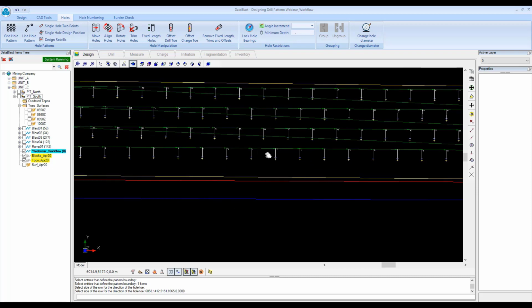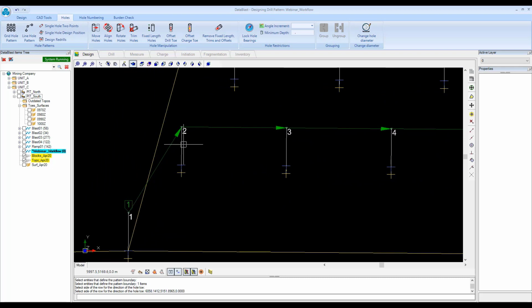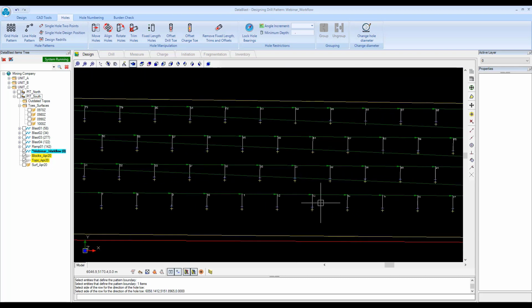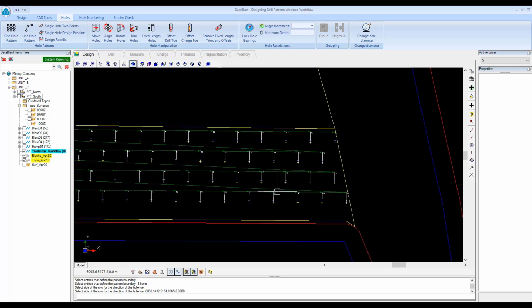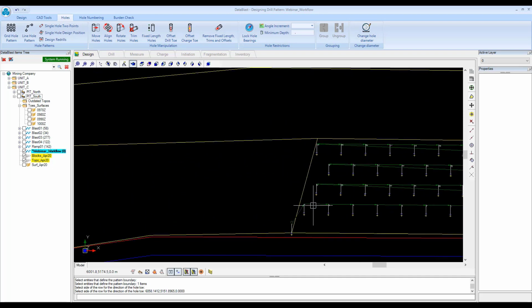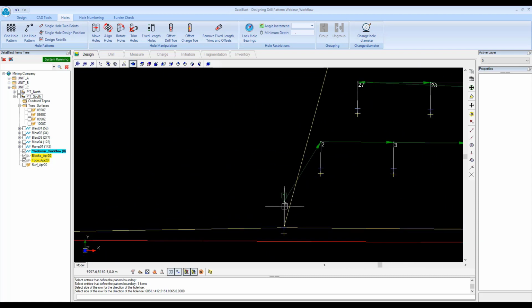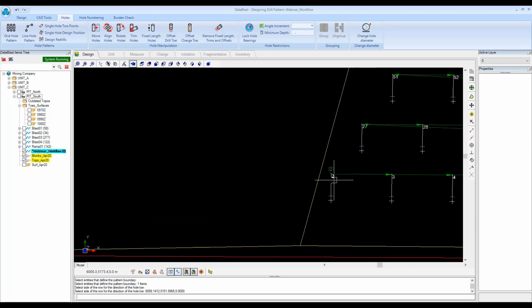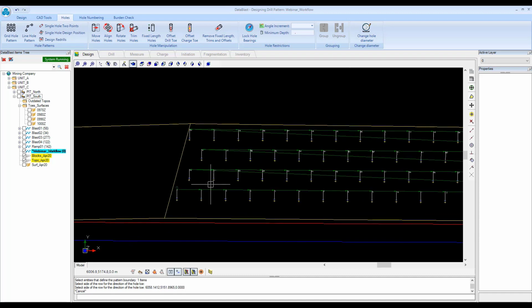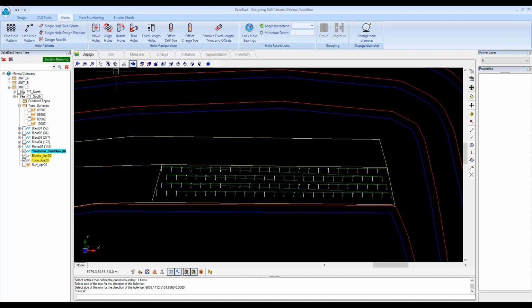Okay, so as you can see, we have some holes here. Okay, and this is our drill pattern design. Okay, so it seems to be fine. I just want to delete this first hole here, and I want to label this one as 1, and then we're good to go. Okay, cool. So now we have our holes designed,